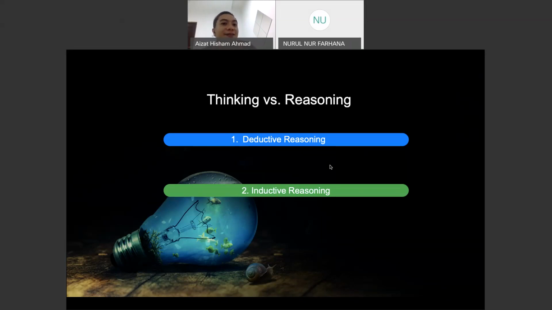The deductive is from general to specific, but inductive, in the case of Ahmad just now, he has classes every day, so it goes from specific to general. Which means that Ahmad, in the end, would be able to reason inductively that he has to start working earlier in order to arrive at his class at 8, because he is punctual.